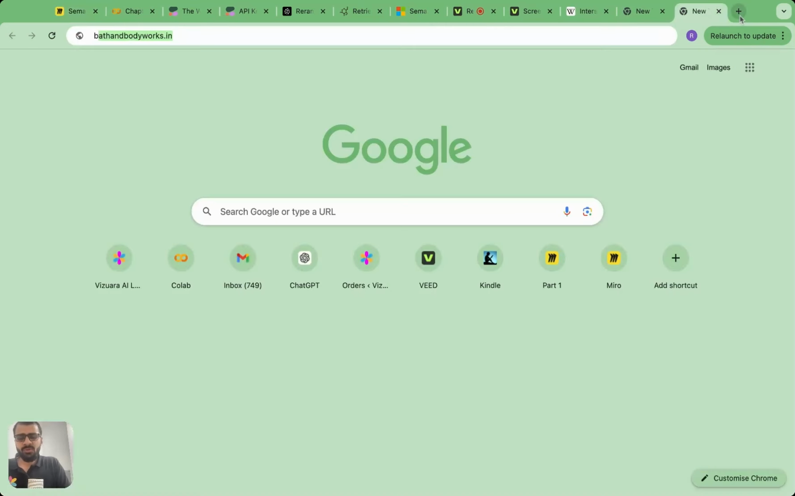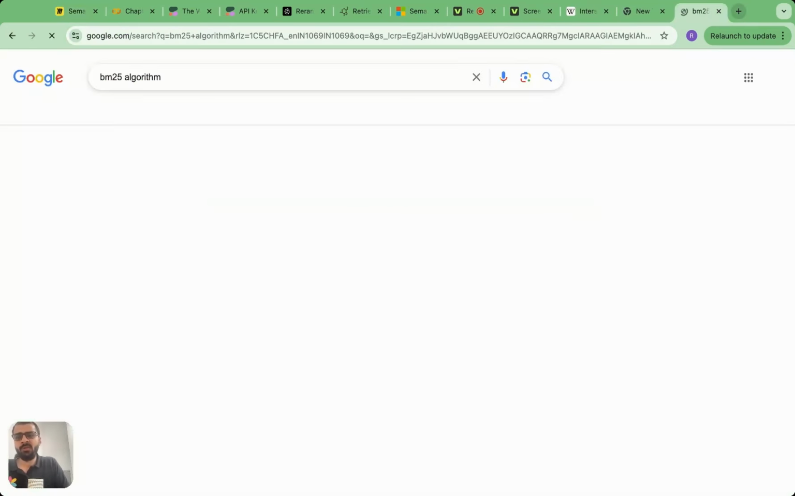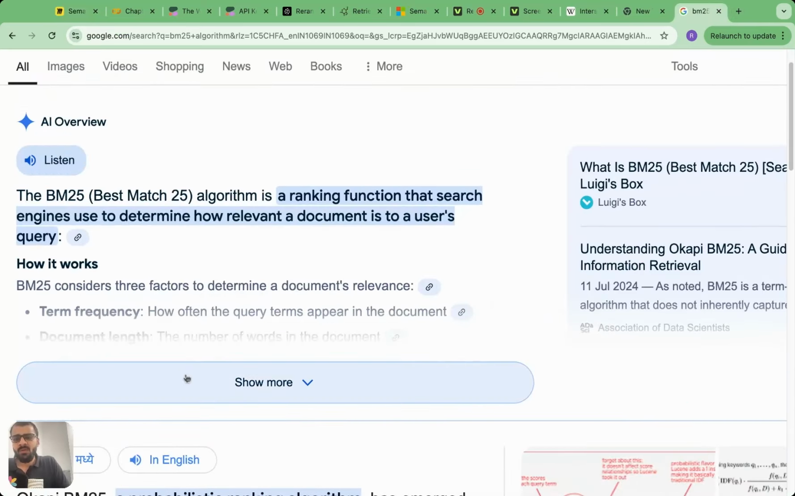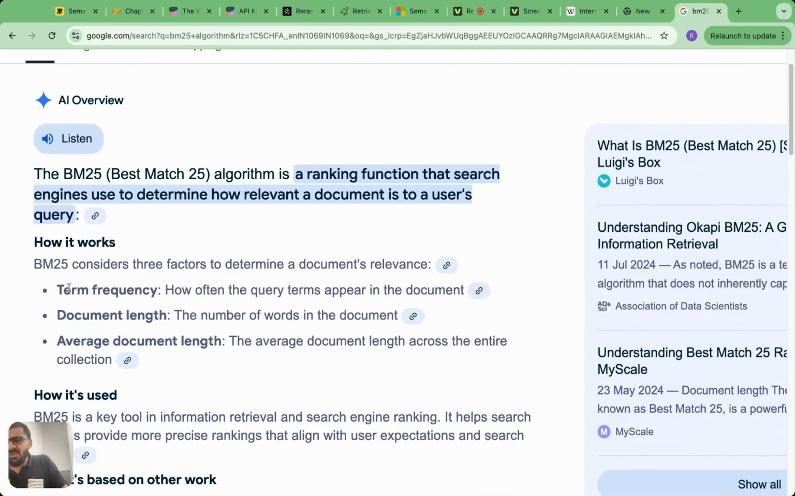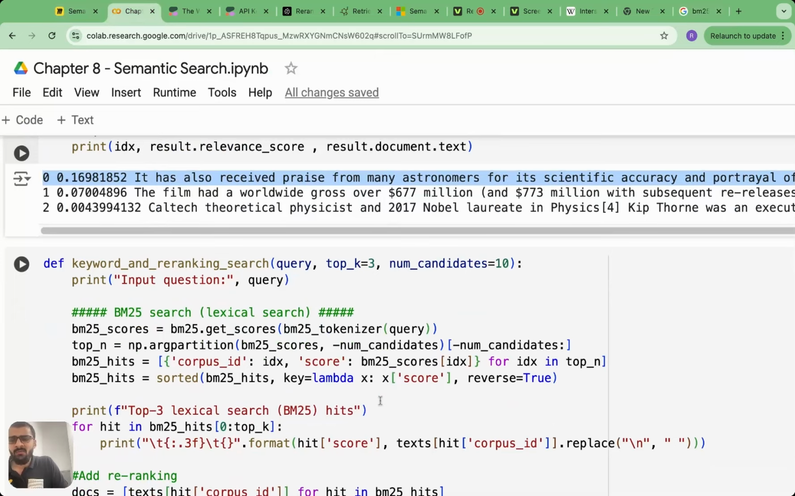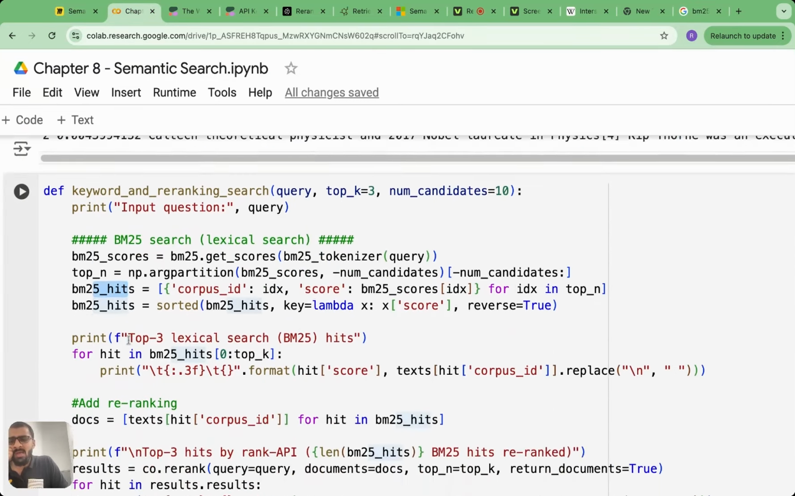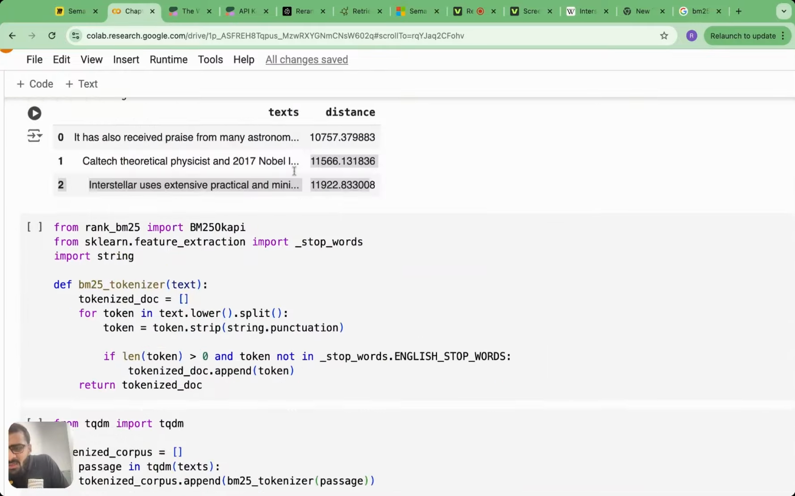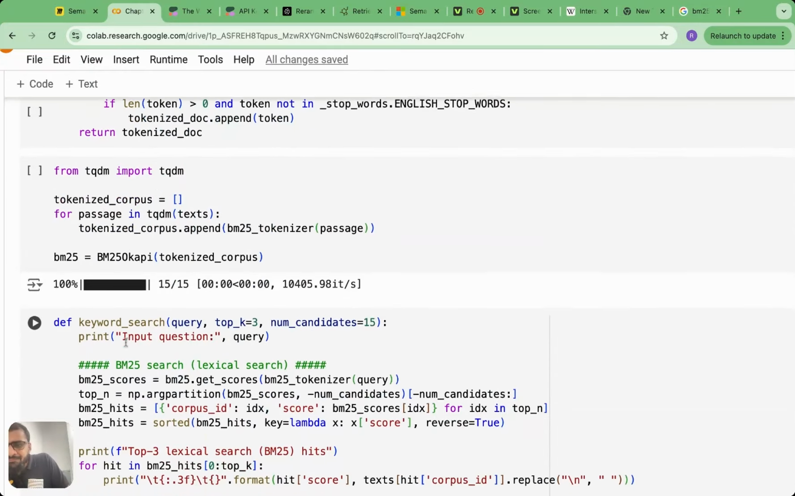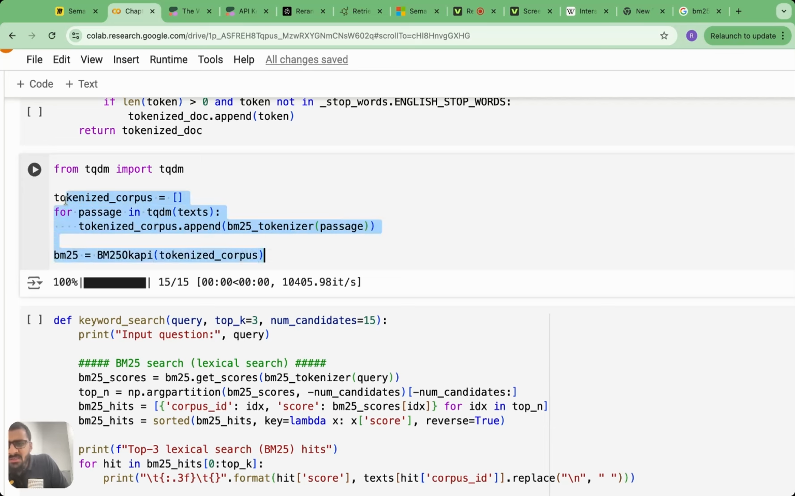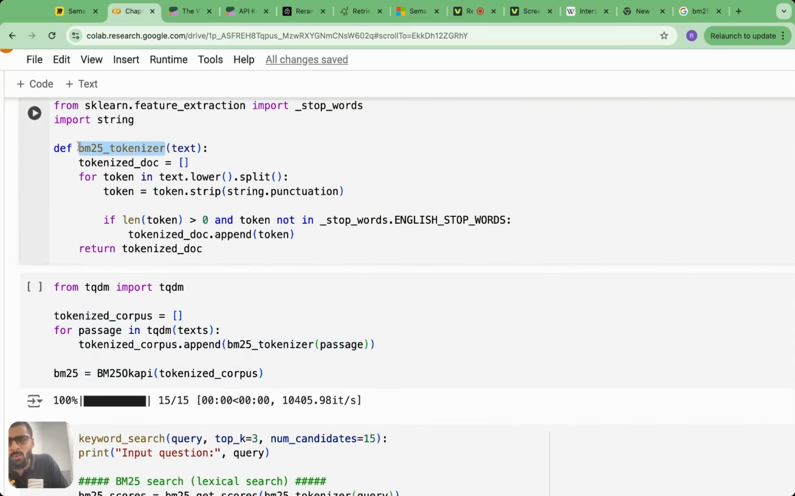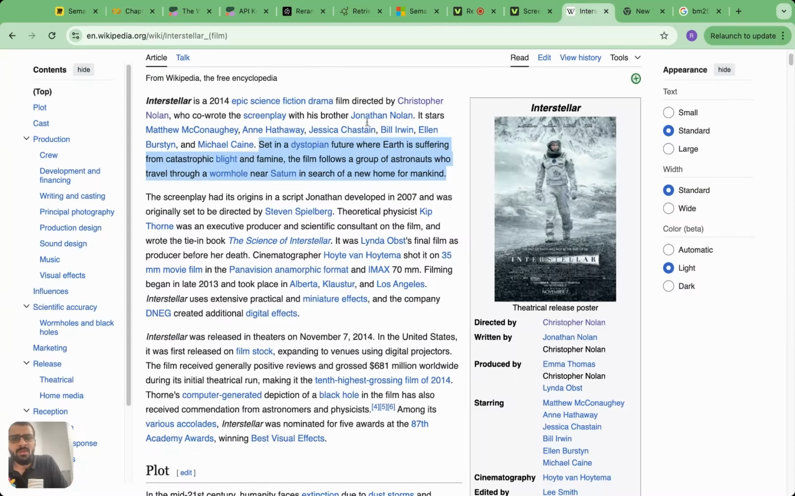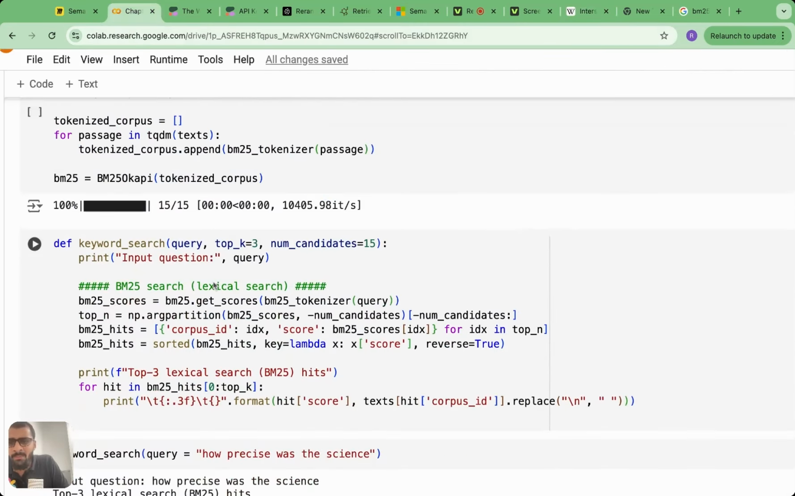For keyword search, the most popular algorithm is BM25. Instead of looking at the meaning, it just looks at term frequency, average document length, etc. We are going to use this BM25 algorithm and get the top three results from it. I don't want to go into the details of how BM25 works, but essentially in this code we take the passage and tokenize it. We have created a function called BM25 tokenizer, which takes this passage and breaks it down into individual words or tokens, and then we apply